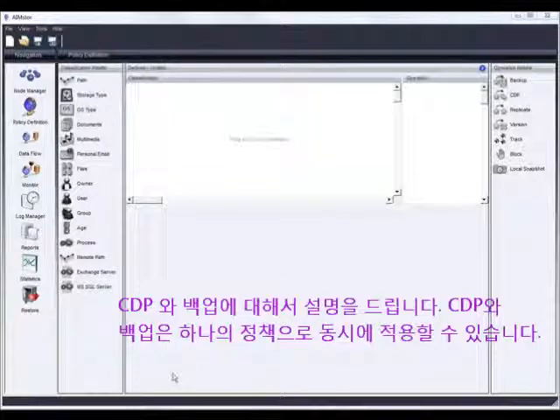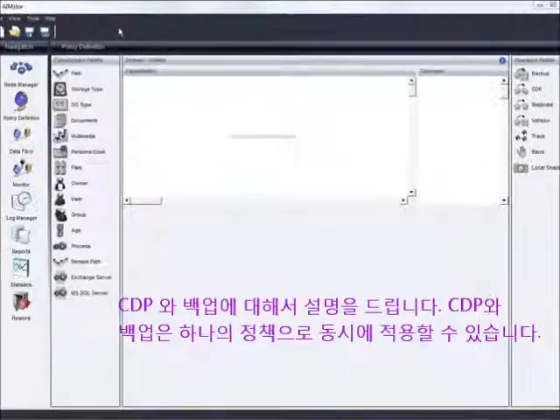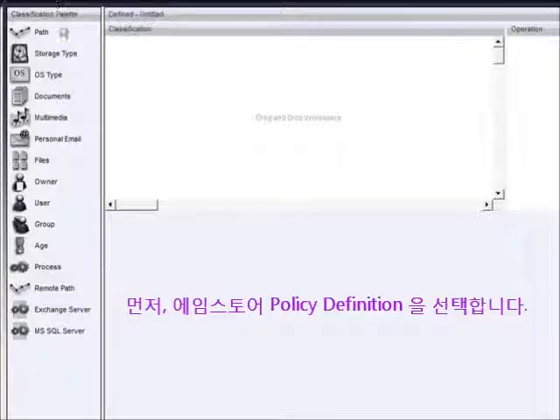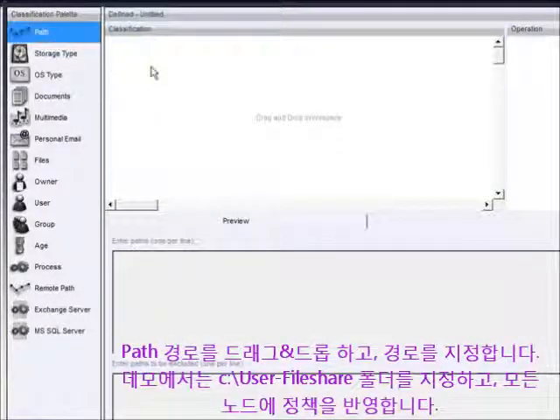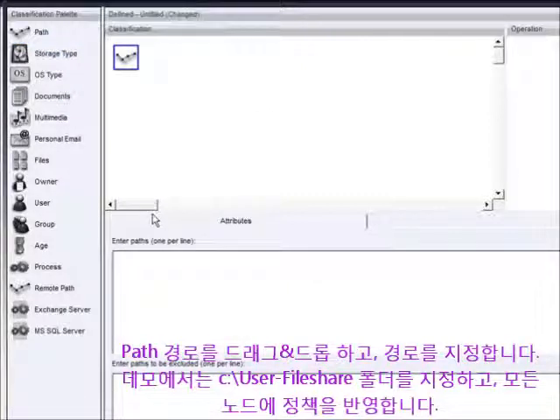Today we're going to be discussing CDP and backup, putting together a couple of operations into a single policy. So first off, we're going to go to the Aimstor policy definition screen that you see here in front of you, and I'm going to go ahead and select path as my first classification that I drag and drop here